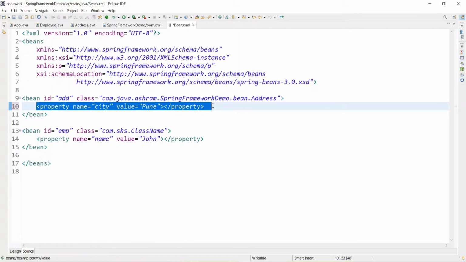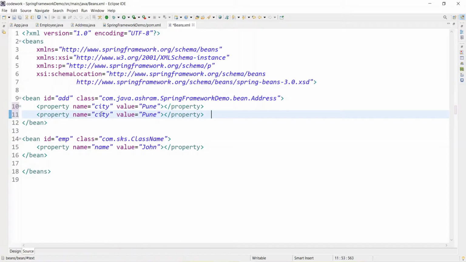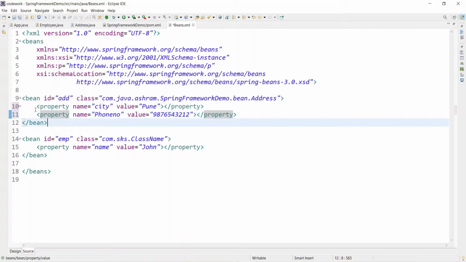Thereafter, Control C and Control V, and the other is phone number, right? Phone number, you can give any name, and here let's say the phone number you are giving. So our address bin is ready.